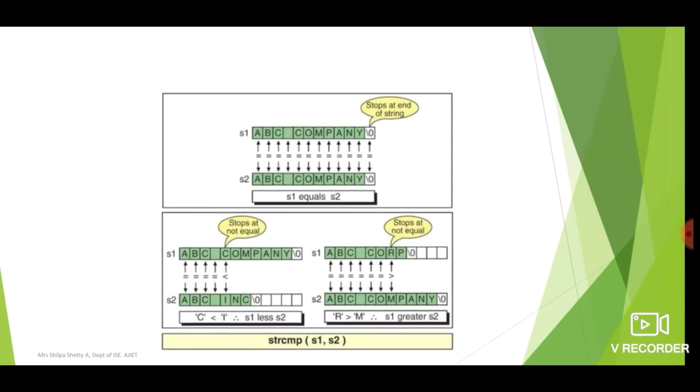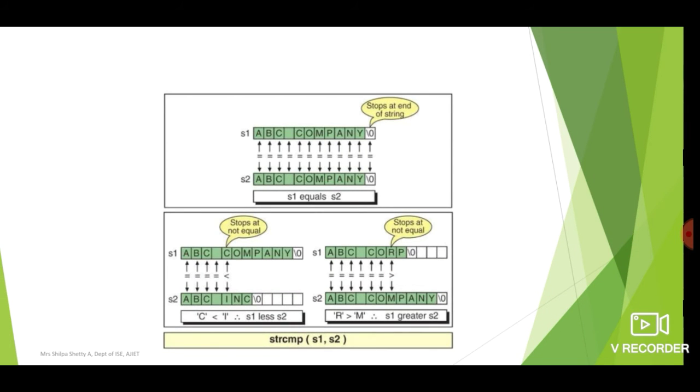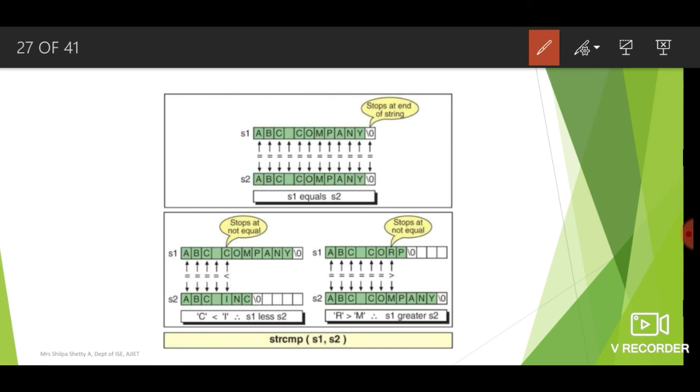So here is one example. We have "ABC company" here, and here also it is "ABC company". Character by character, that is A with A, B with B, C with C, space with space, one by one is compared.